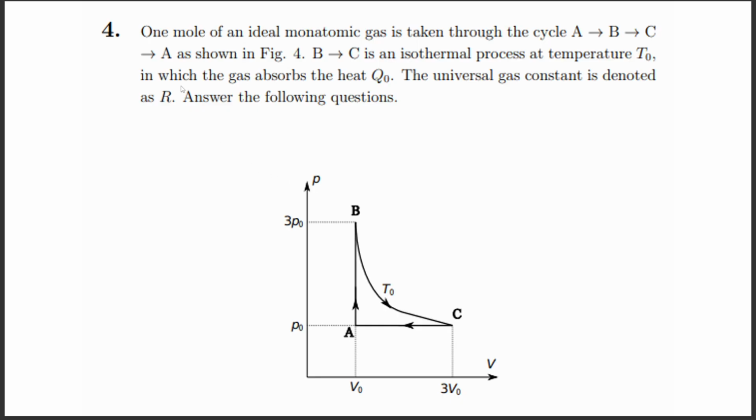Hello, so I'm going to explain problem 4 of MEXT Physics 2017 Undergraduate. The problem is: 1 mole of an ideal monatomic gas is taken through this cycle from A to B to C to A again, and B to C is an isothermal process, so the T in B is equal to the T in C,